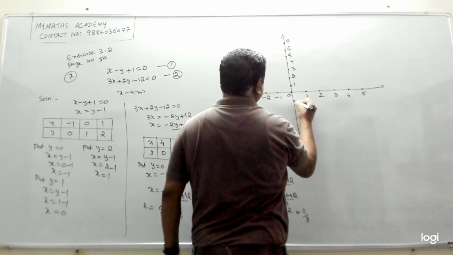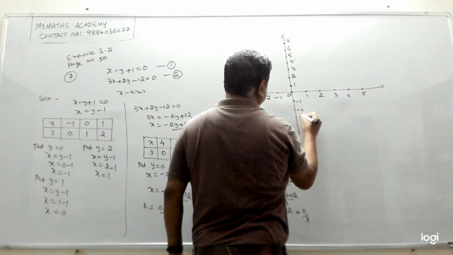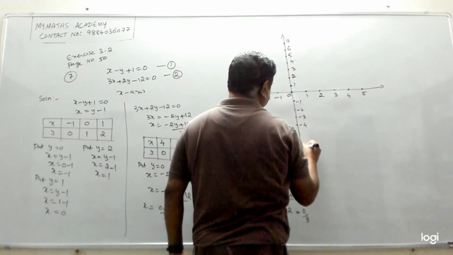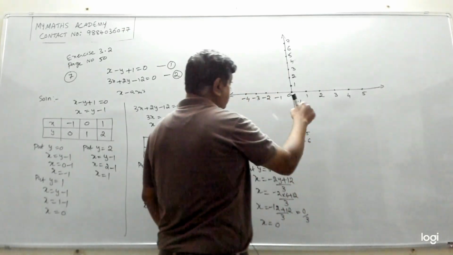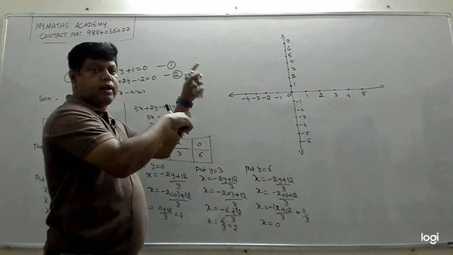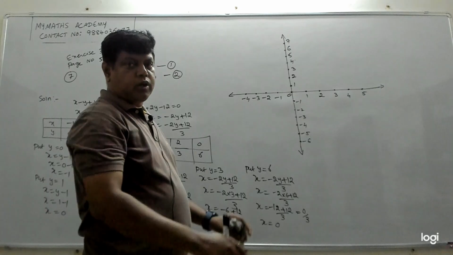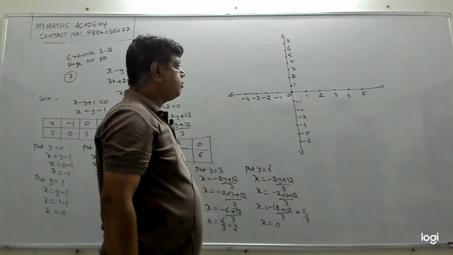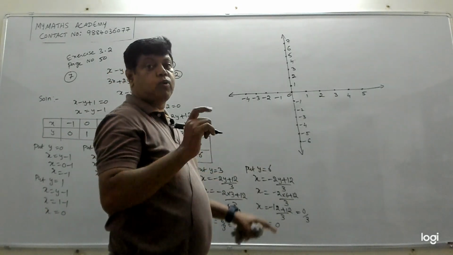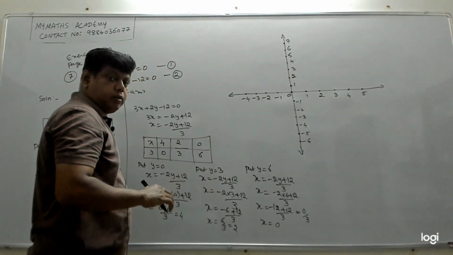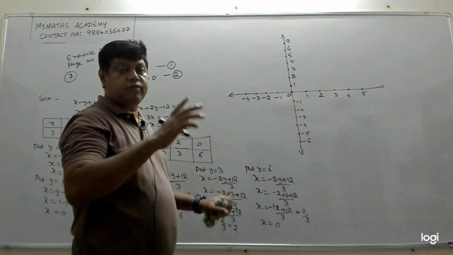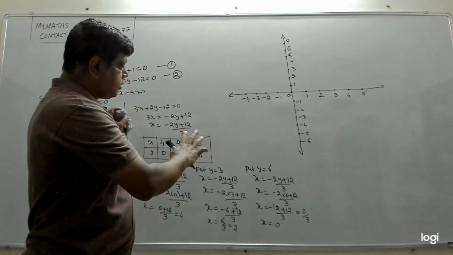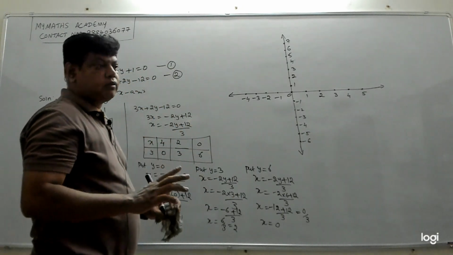7. So here minus 1, minus 2, minus 3, minus 4. So you have to do all this in the graph sheet, guys. Don't draw 2 lines in your rough notebook. Please do this in the graph sheet. Only then you will get the perfect answer. In the examination also, you must do this in the graph sheet only. All the graphs that we have done, you have to put only in the graph sheet.